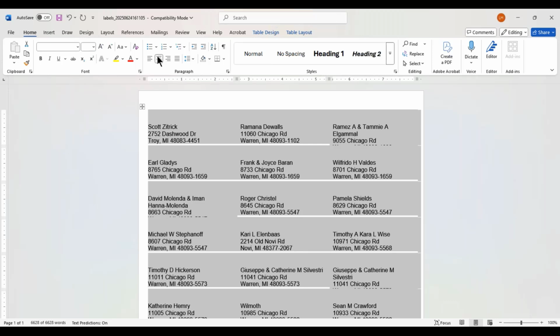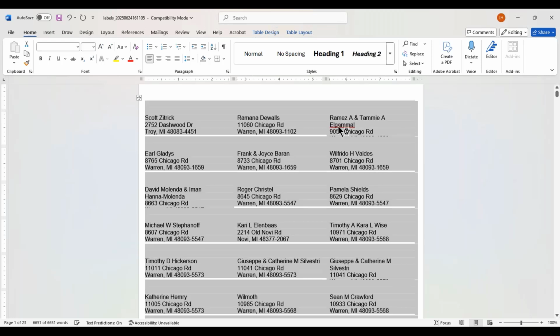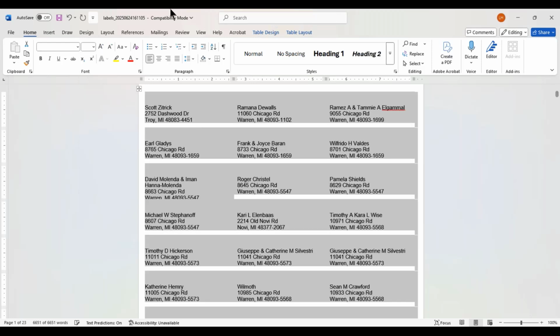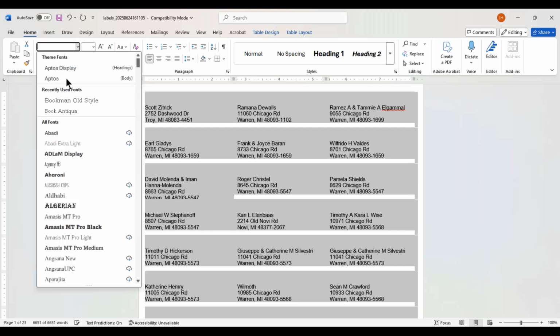If you want them centered, you can do that as well. Oops, yeah, this one's off for some reason. Yeah, let me center them, so we'll just keep them. Now be careful though, you can see like this one, the name is really big. So if I keep it at 12 points, it's going to cut off some of the information. So I'm going to go down a little. That's perfect. Okay, that fits. So that's much better. And then if I don't like this font, I can go in here and change the